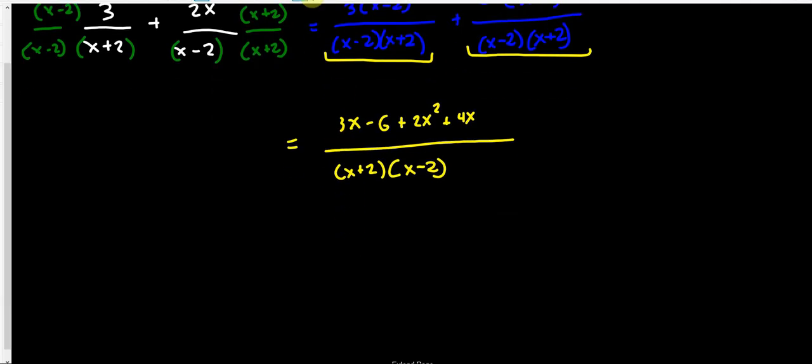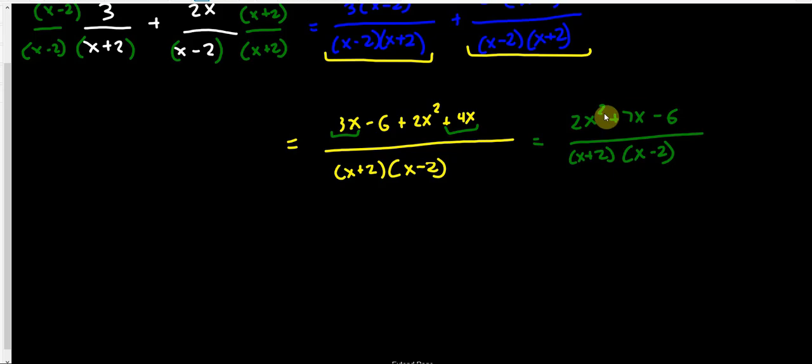Yes, I have, let's see here. I have 3x and 4x that are like terms. So if I write this a little bit differently, I can have 2x squared, 3x plus 4x is positive 7x minus 6, all divided by x plus 2 and x minus 2. Now, we're almost done. We just need to check to see if this simplifies, which means I need to try